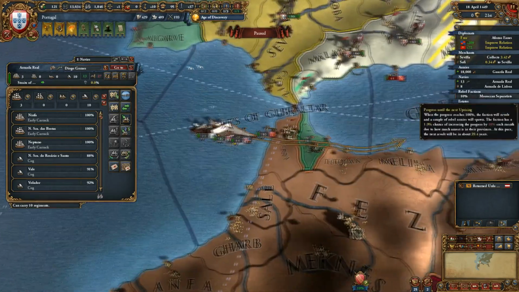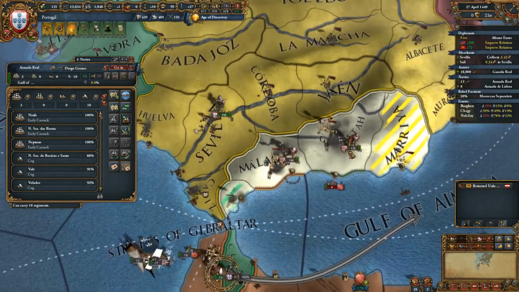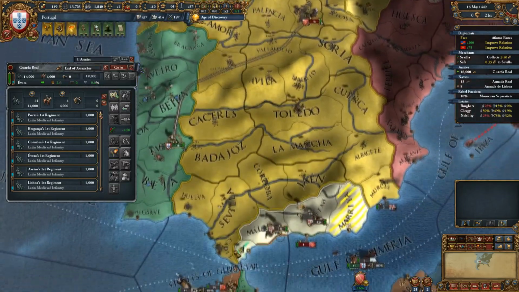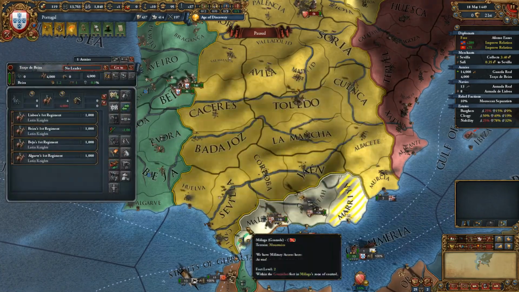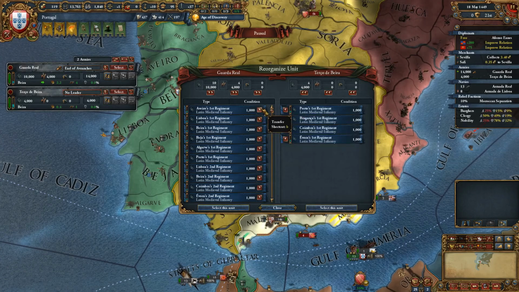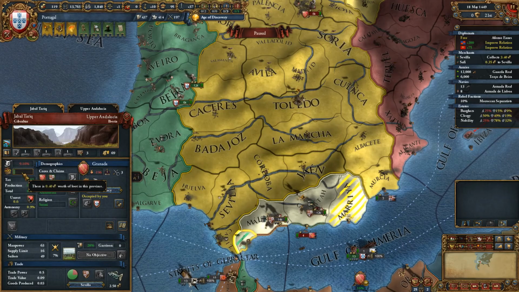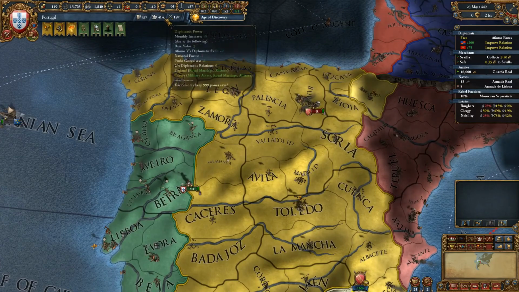Did that sink anything? Or, I mean, did that sink everything? I think so, but I'm not sure. We're going to move on to blockade Granada. Oh, I just realized I should... I'm actually going to take like 4 infantry and 2 of my cav and go. Oh, never mind. I was going to say loot the province, but that's so minimal it's worthless in the grand scheme